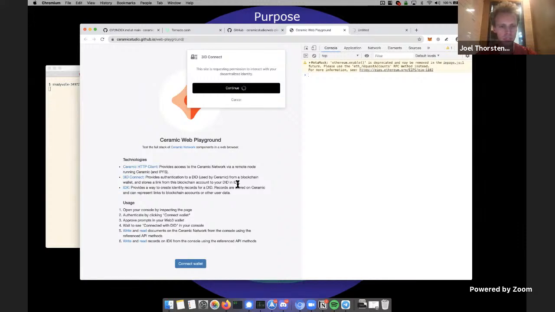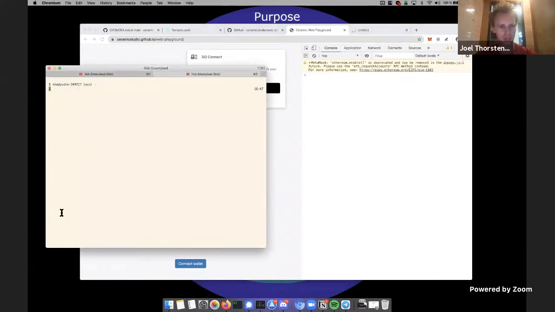This usually doesn't take this long. Basically what it's doing right now is checking if this user already has a 3Box profile. So if people have created identities on 3Box before, they will get migrated.